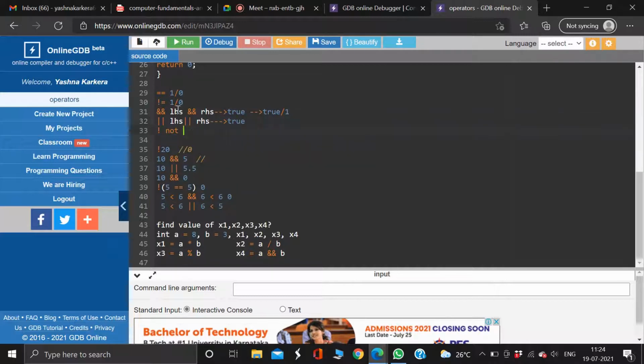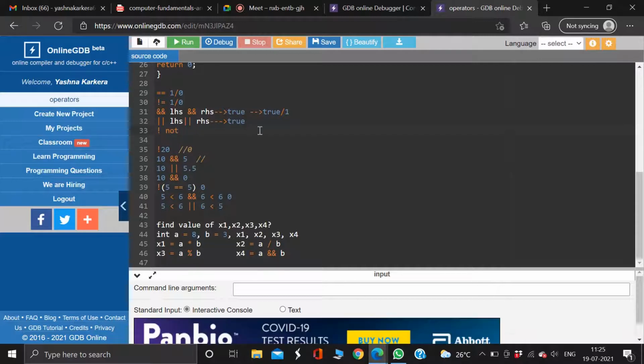What if my LHS is false and RHS is true? What will be my output? True. Very good. What if both are false? False. Very good. That's all. This is like not. Suppose not 20, that is, whether it is not 20. You basically use these things in a loop, like while A is not 20, you do these statements. Not 20 means your answer will be 0. It's like asking whether it is 20 or not. Part clear?